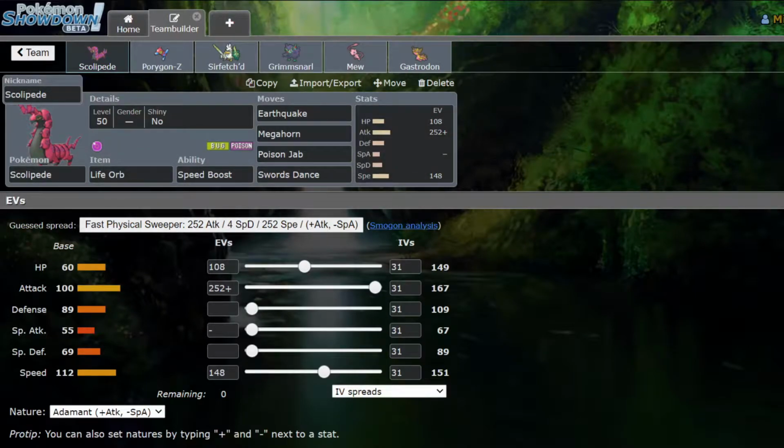It's your boy Mid here today with the UPA Season 1 Team Builder and Battle against Cahoots, coach of the